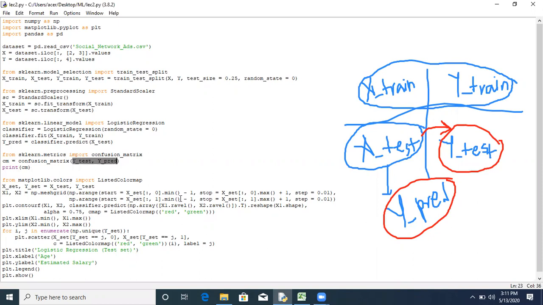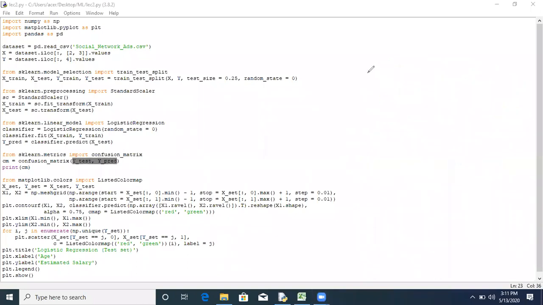And the last part is your plotting part. We'll come to this part later after running the code. So this is the plotting part of your output. The output should look a bit like categories.